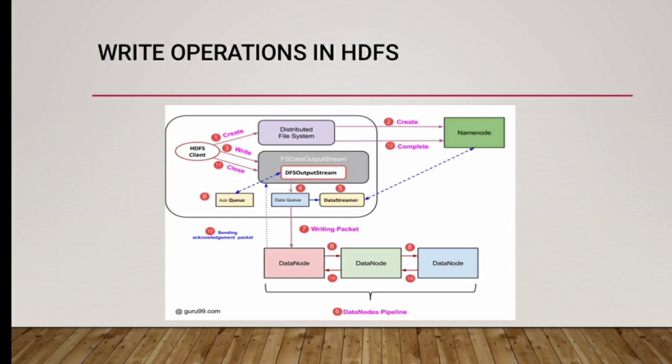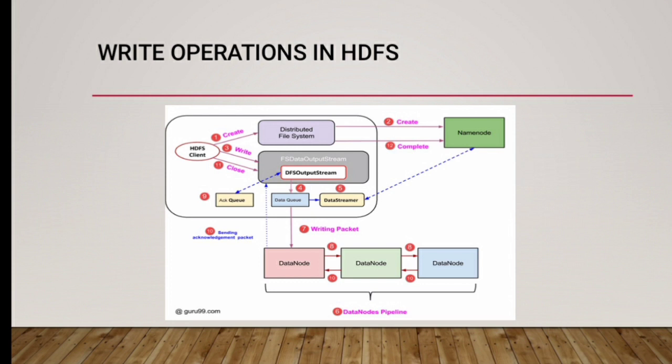These packets are enqueued into a queue, which is called the data queue. There is one more component called the data streamer, which consumes this data queue. The data streamer also asks the name node for allocation of new blocks, thereby picking desirable data nodes to be used